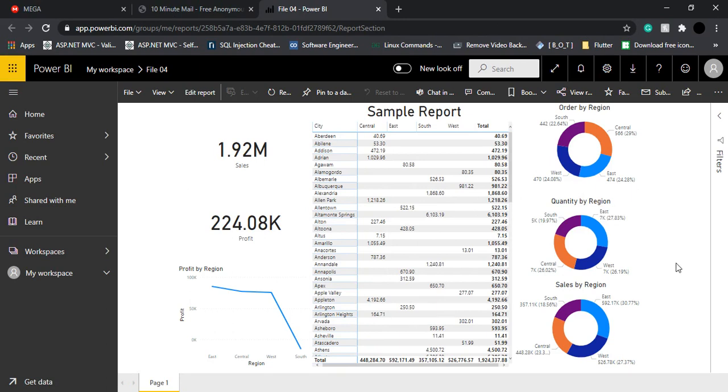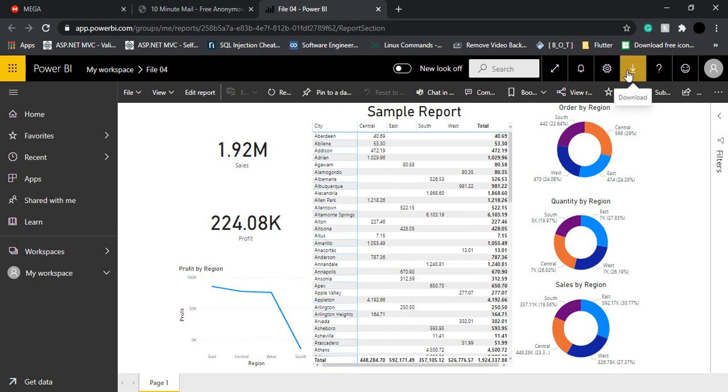Now, why have we published this report in Power BI service? The reason is, when you are working in a cluster or with a number of people, you may need to share your reports with others. It is not mandatory that you are the only person working on the report. You may need to share it with multiple people, only a few people, whether inside your department or across multiple departments. This is the purpose for which the Power BI service was set up. It allows us to do different kinds of things with these reports.